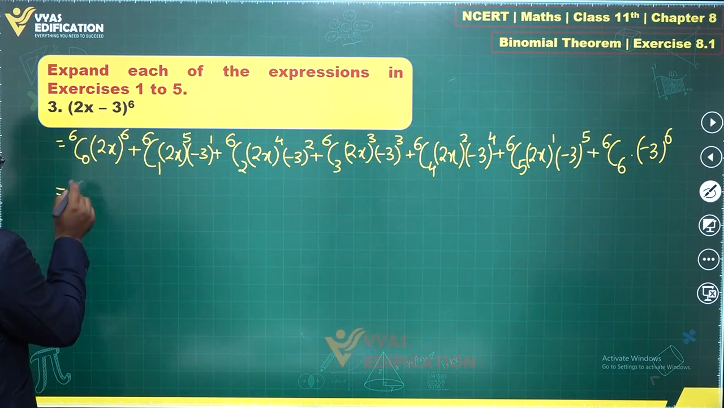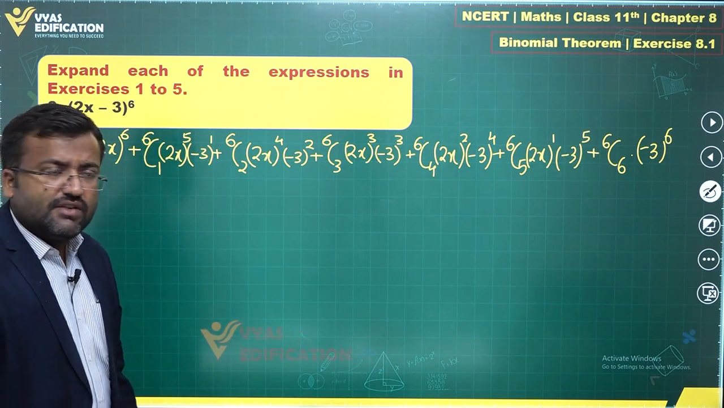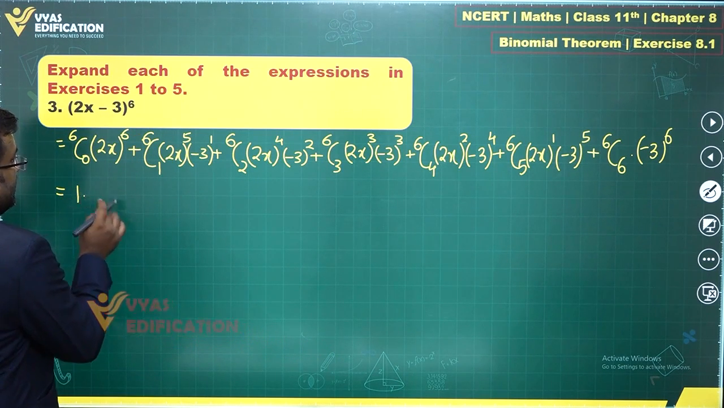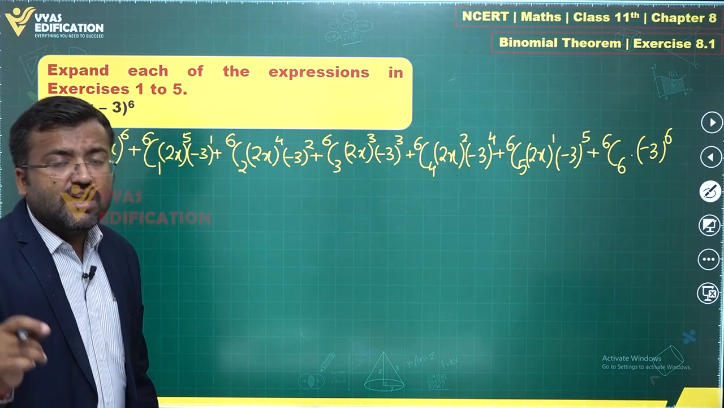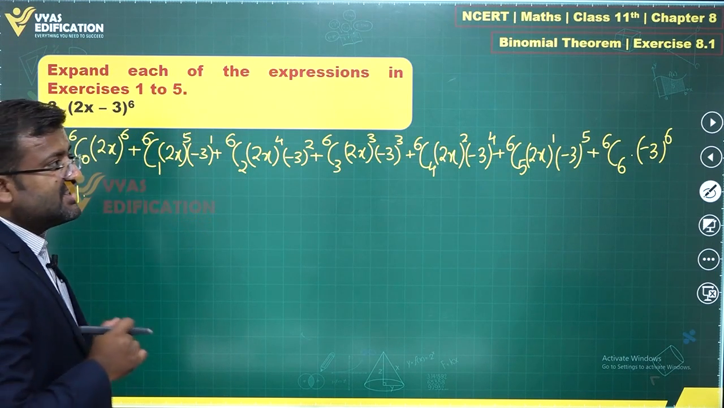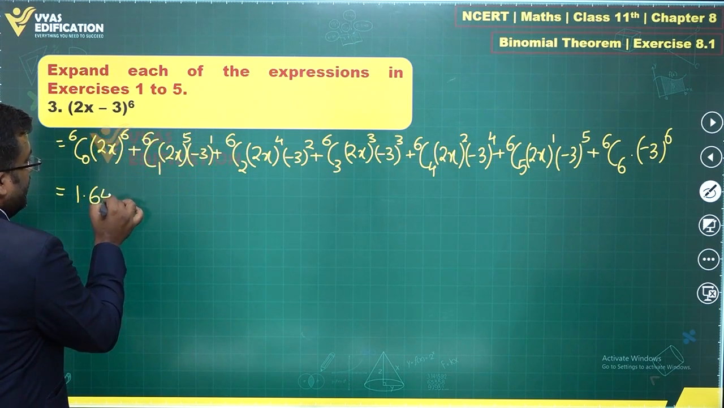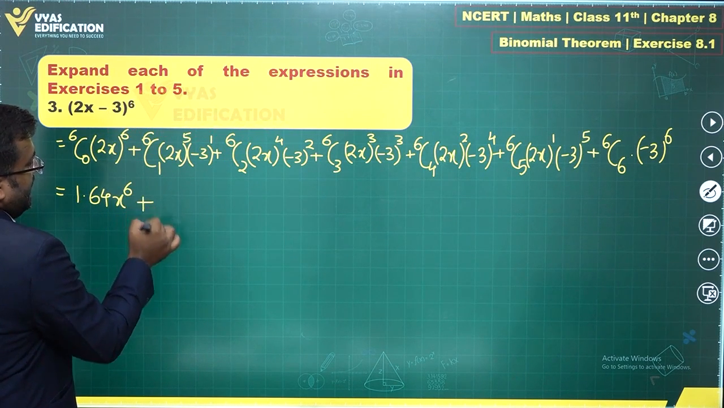So for that I need the value of 6c0. Now nc0 is always 1, so 6c0 is 1. This is 2x whole power 6. This will be 2 power 6 times x power 6. Now what is 2 power 6 equal to? 2 power 6 is 64. This is 64 x power 6 plus the next term